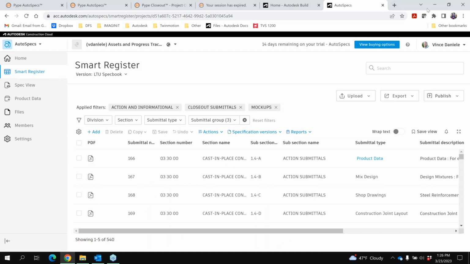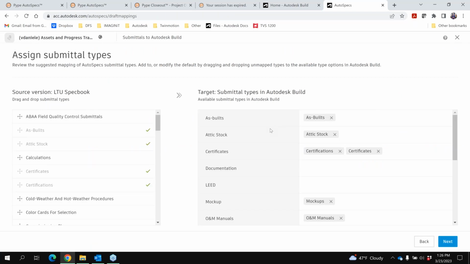And one really nice thing here is when we go to push that, obviously we're already in the project that we potentially are processing those submittal line items. And we can publish those directly from this AutoSpecs module into Build. When you go through this process, if any of you have worked in Build already through the sheet extraction or the sheet tools, you know there's a wizard that walks you through step by step for uploading your sheets. Very similarly, in this AutoSpecs module here in the ACC, this is where we can do that mapping